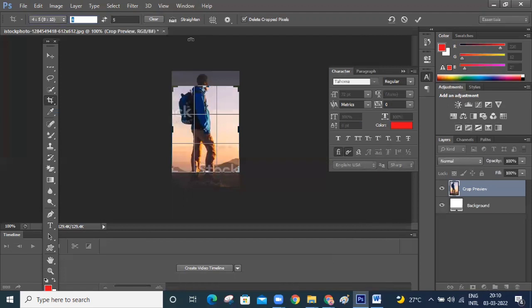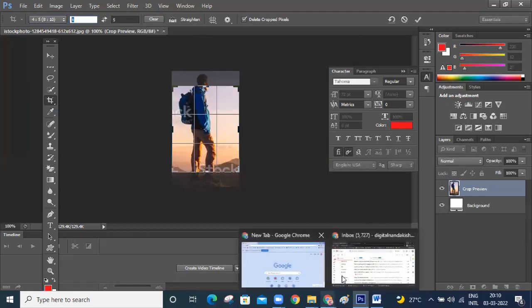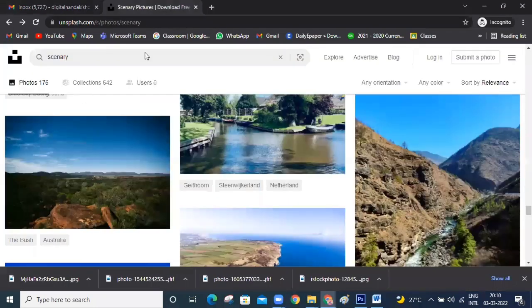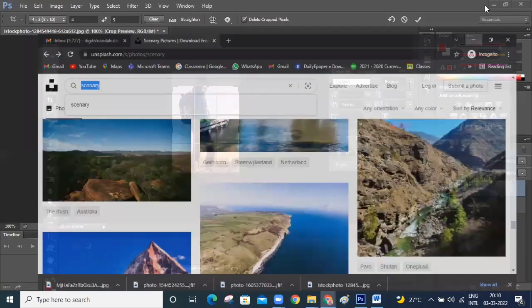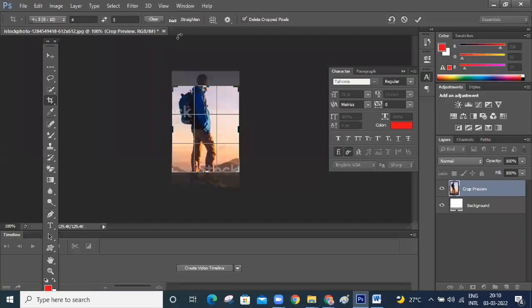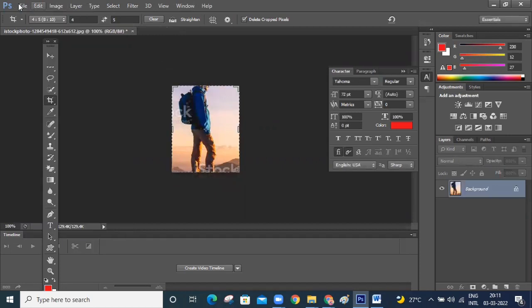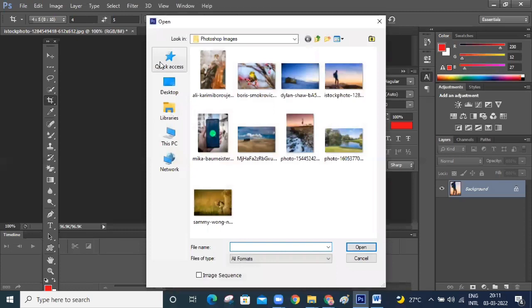With crop tool, we can straighten the images also. Crooked images will be there, no? We can straighten those images also. We'll see. Okay, 1 minute. I'll show you one more.